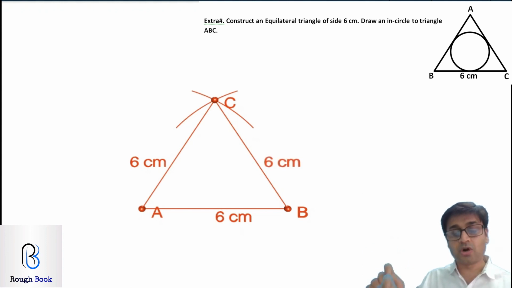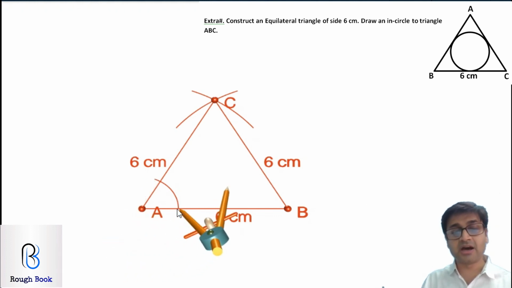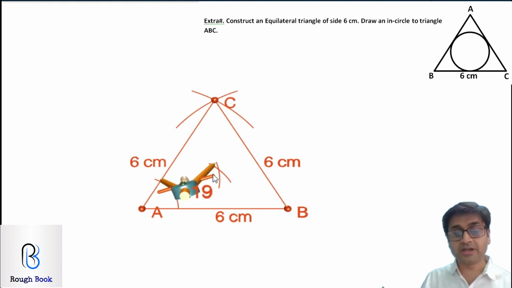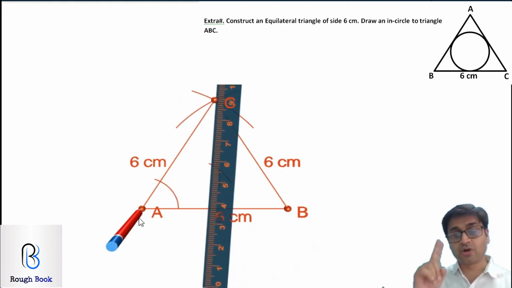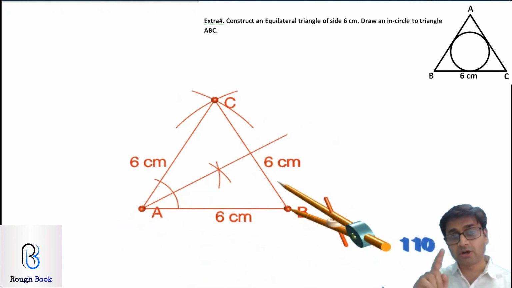So there you go, on point A keep your compass and cut an arc of suitable radius. Without changing it, keep your compass on this point and cut an arc further, or you can slightly extend it. Then keep the compass point on this other point and cut one more arc. Wherever they two meet, join it with A and you've got your first angle bisector. Can you repeat the process for angle B without looking into the video?